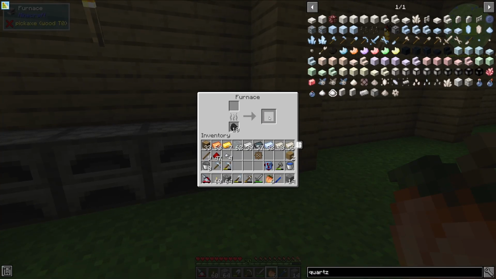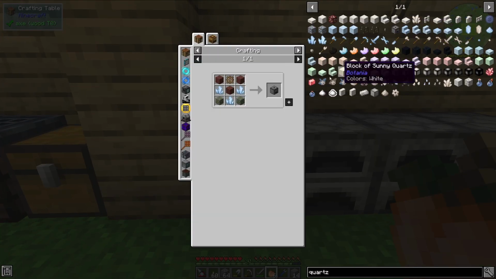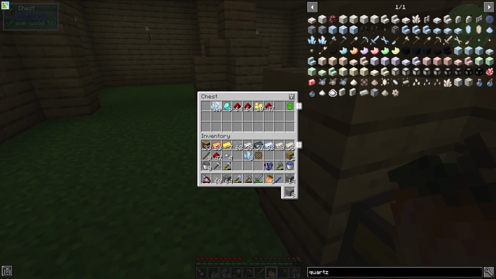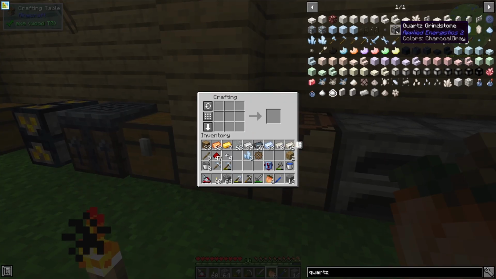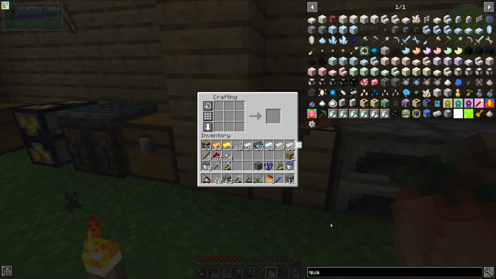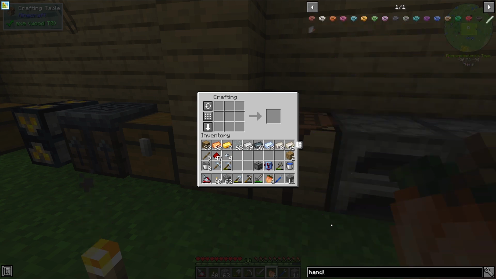So let's grab that stone. And is that everything? I need some quartz, but I have some starter quartz over here. I think I need 3 of that. And now I can make this quartz grindstone. I also need to make a handle so that I can turn the quartz grindstone. So I think...